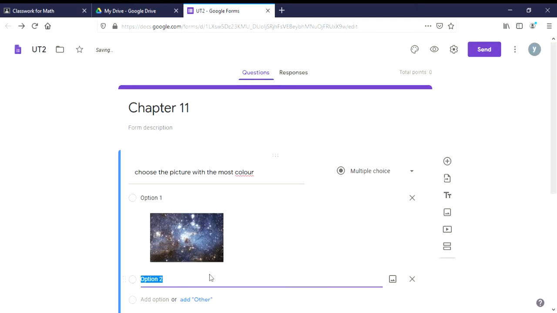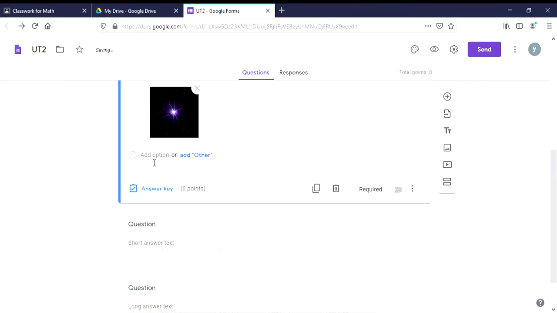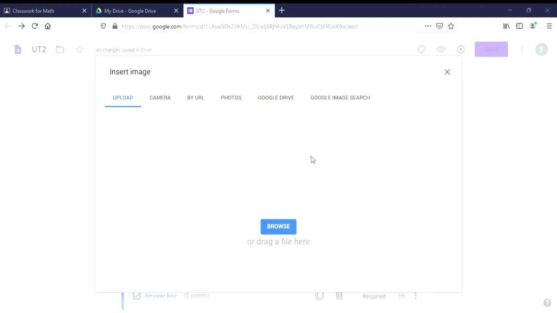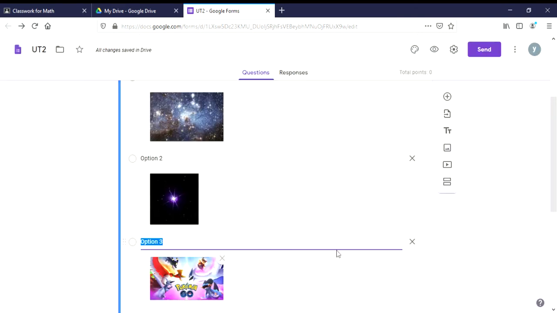Then option 2, put in the picture, and then option 3, add option, put in the picture. For the sake of time, we will just go with 3 options.